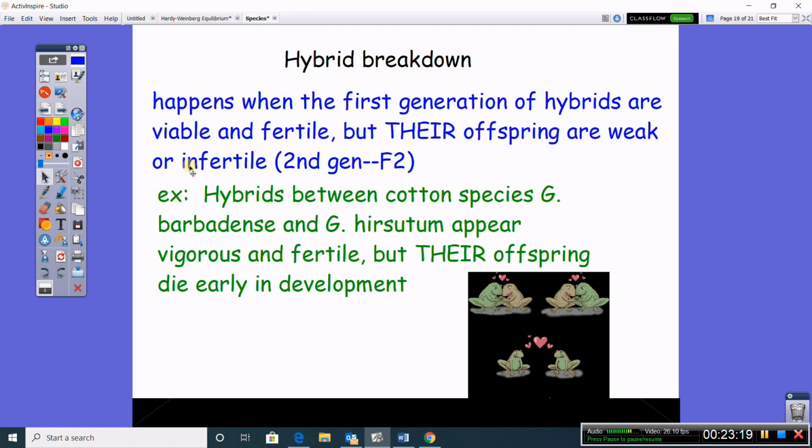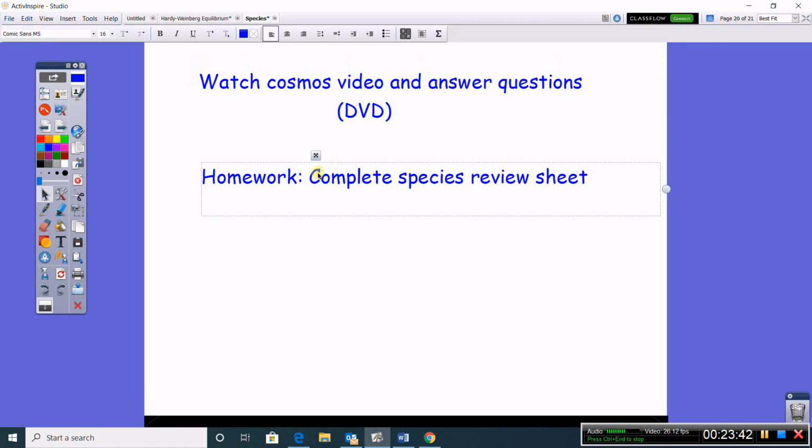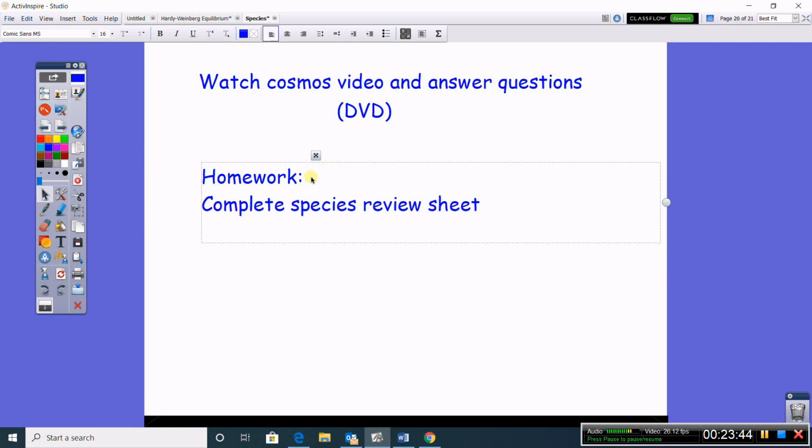So that's the notes for today. We are going to watch the Cosmos video on evolution, which is really good. It's hosted by Neil deGrasse Tyson, and I feel like it kind of tackles some of those big picture evolution questions. I'm going to give you the species review sheet, but before you work on that, let me change this to red. I would finish your Hardy-Weinberg packet,